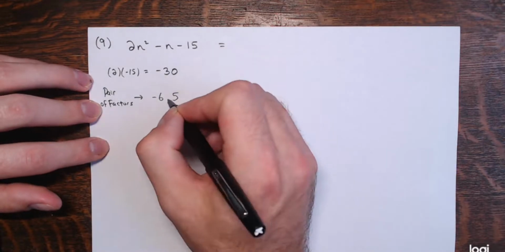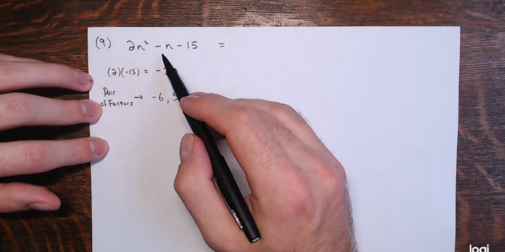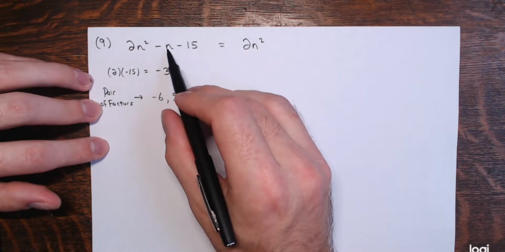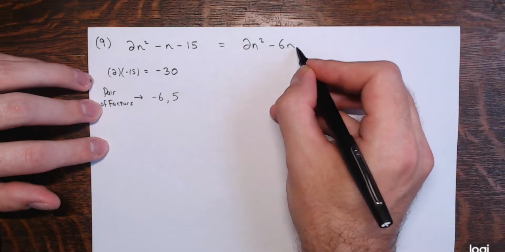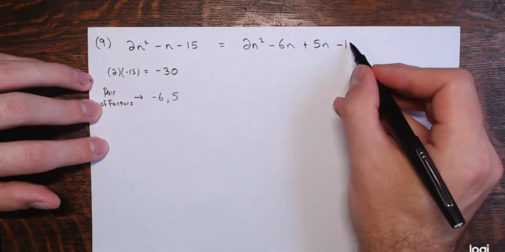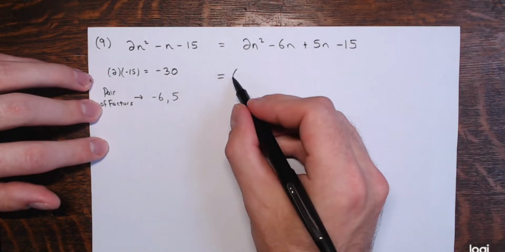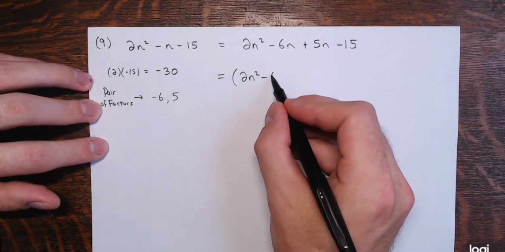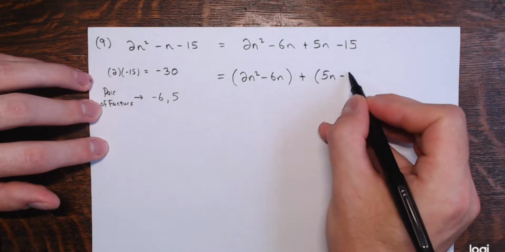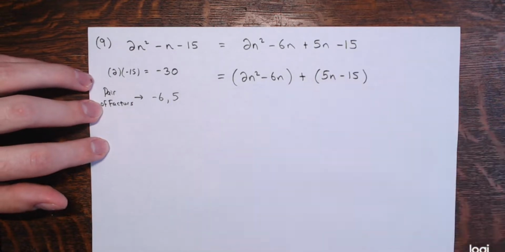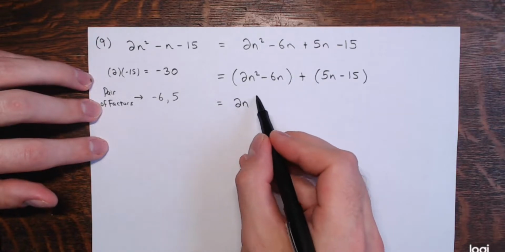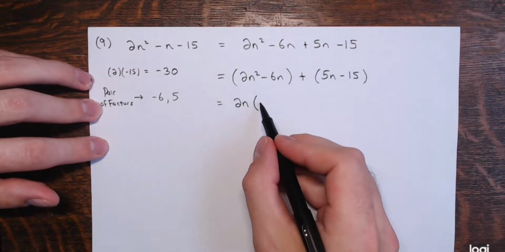Right, and now I'll use this pair of numbers to rewrite the linear term. So this is 2n squared, and then instead of minus n, I'm going to go minus 6n plus 5n. And then you still have minus 15. Right. And now comes the grouping. Group the first two terms in a set of parentheses, plus, and then the second two terms in a set of parentheses, and then we factor each group. The first group has a greatest common factor of 2n, so I pull 2n out, and what we'd be left with is n minus 3,